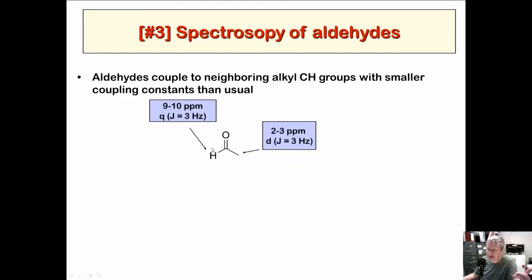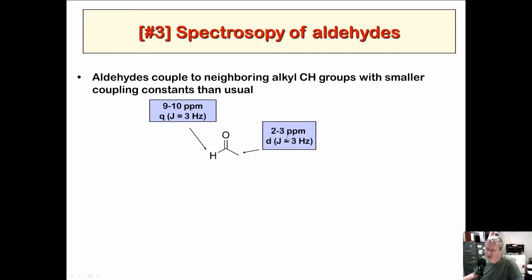So here's an example. Acetaldehyde. This is a simple molecule. We'll do a little more complicated one in a second. First thing about an aldehyde is that the aldehyde CH comes downfield, right? Remember that? It's beyond a benzene. It's super downfield, 9 or 10 ppm. So that's where they come. And where do the protons next door to an aldehyde come? This is all on your NMR chart. Aldehydes come at 9 to 10.